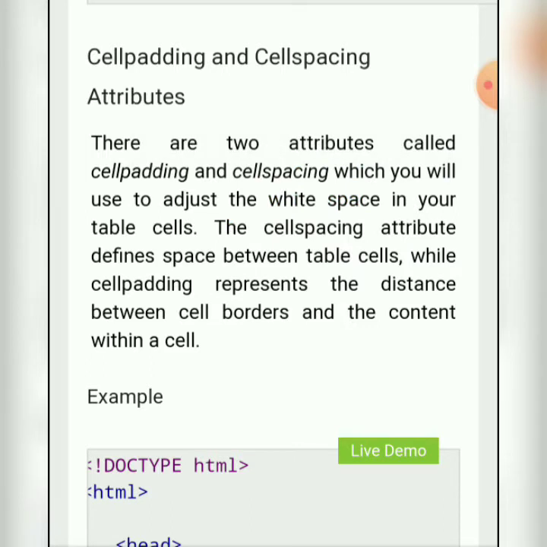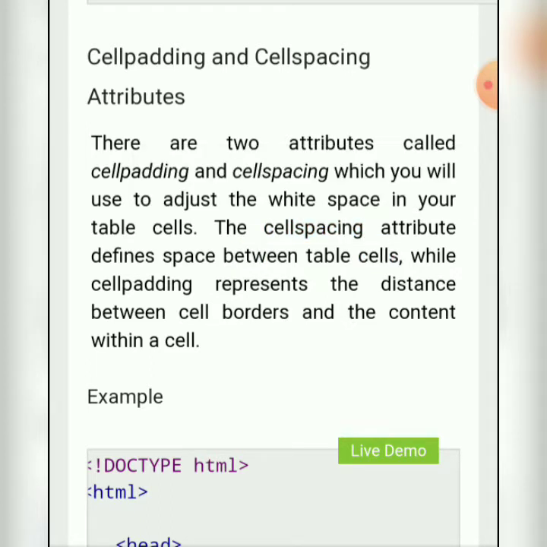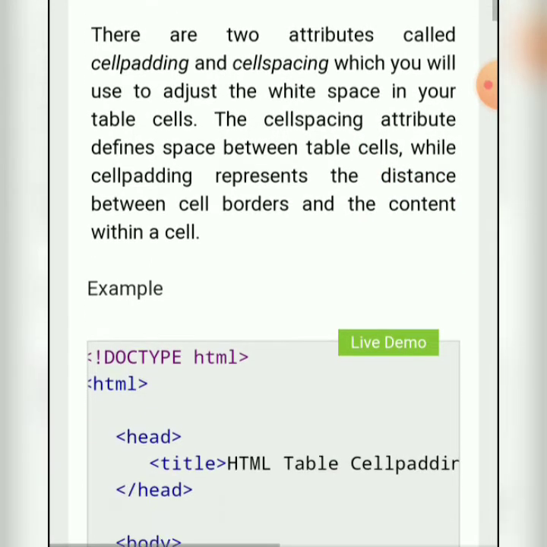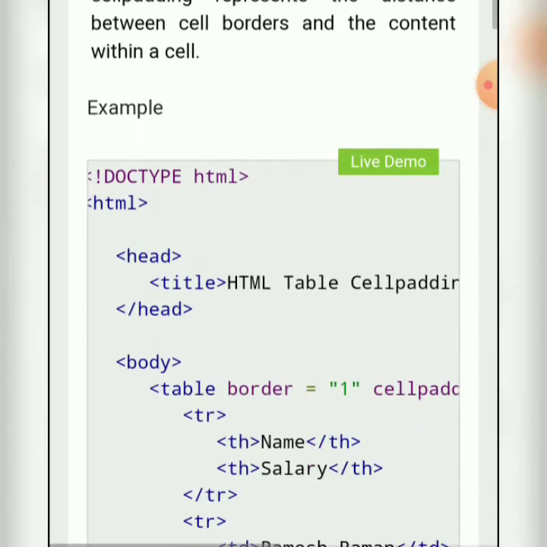The cellspacing attribute defines the space between table cells, while cellpadding represents the distance between the cell border and the content within a cell. This is the most important part. Here is the demo of that program.